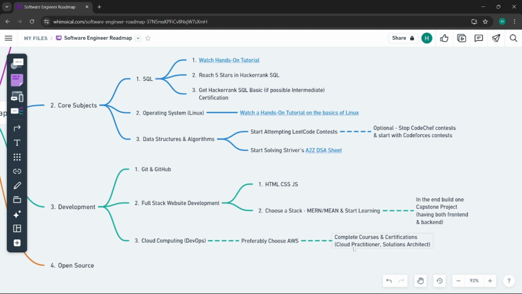Then you have to complete courses and certifications on this one. Of course, AWS, I think they personally provide some courses and certifications. If you complete the courses, you can attempt their certification exams, and I suppose the exams are not free, okay? So you will get a free pass if you complete the course or attend their training day or something, and you will be able to get the certification in that way. Okay, so these are some certifications which are there, Cloud Practitioner and Solutions Architect. So you can just search on Google or YouTube how to get these, and you will be good to go.